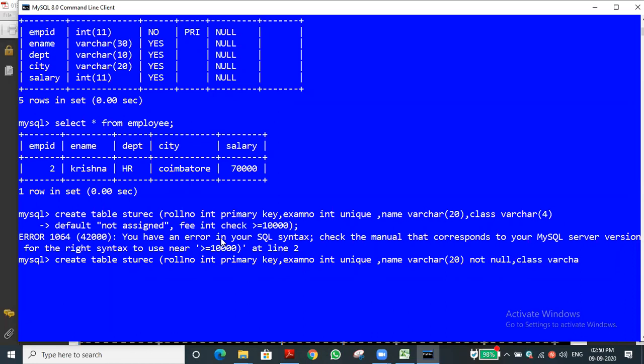So we have given that, and the class VARCHAR of, again we are typing it. One minute, I will complete it. VARCHAR of what we gave, 4. Class we gave as a character. Then what other thing? Default. What is the default value? I'll just give default as 'not assigned'. Not assigned is the default value instead of null.